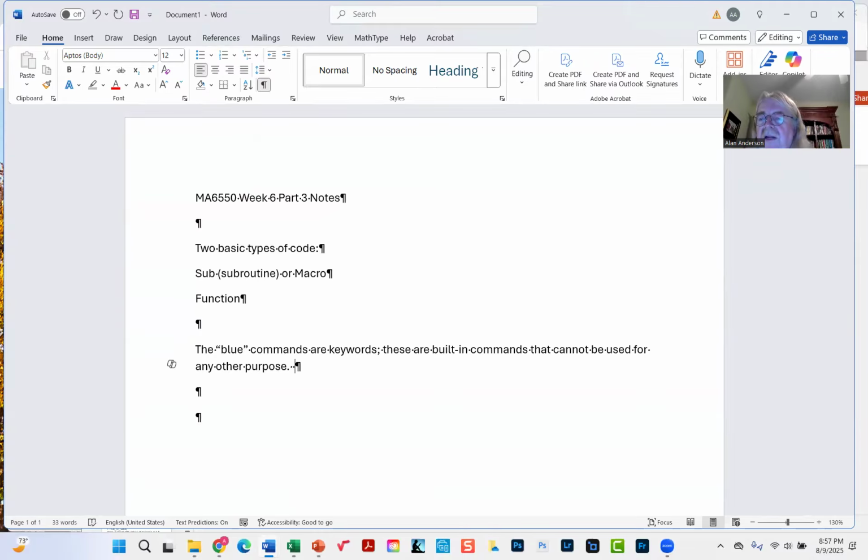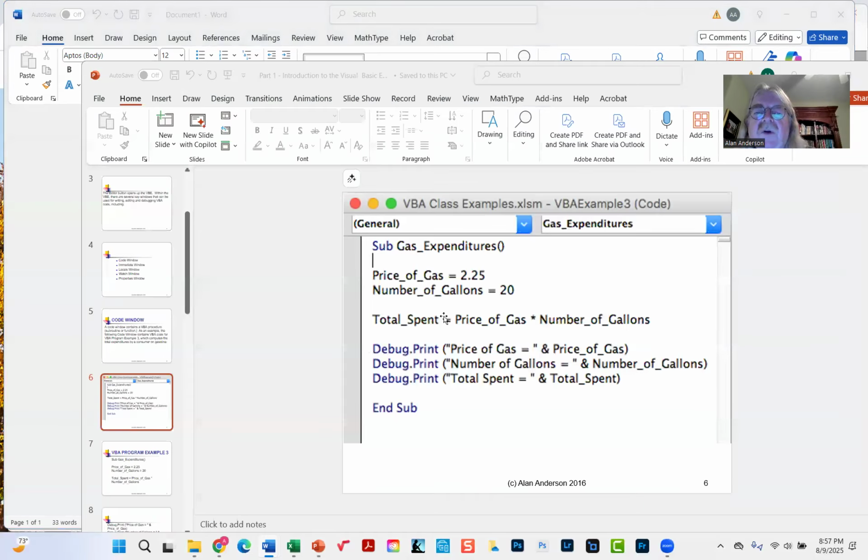And so the blue is just to help remind you when you type something into a VBA program, like sub, it wants to remind you, don't use this for something else. It's a subroutine. You're telling the VBA that this is a subroutine. Now, if you notice, the way this works is that you have the sub header, but you also have to have this end sub command. Now, as it turns out, VBA will provide that for you once it sees that you're using a subroutine. So in other words, as soon as you type the keyword sub, it will fill it in for you at the bottom. You just have to make sure all your code is in between the header and the end sub